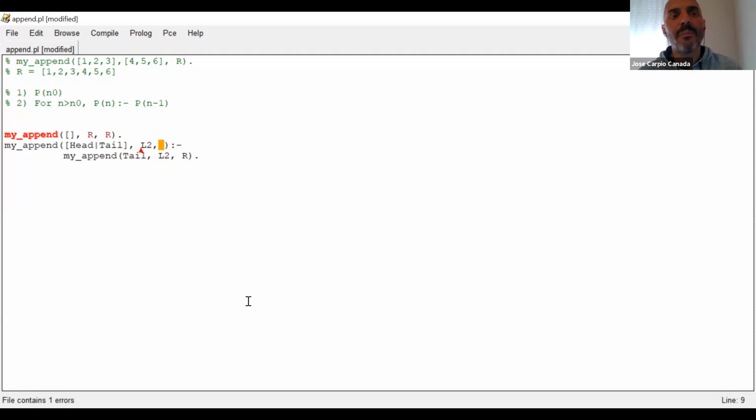You can write an example if you want. Write an example down. Okay, try to do the append of two lists. For example, 1, 2, 3, and the second list will be 4, 5, 6. Okay, perfect. So what we did is